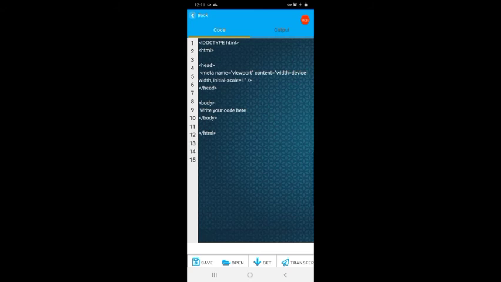So this is how it will look when we open that HTML application. It will look like this.